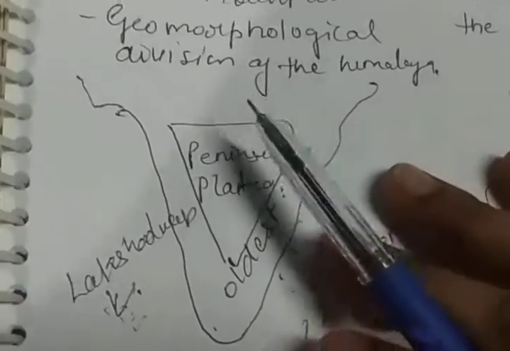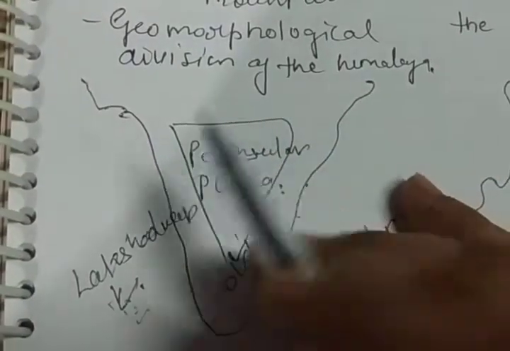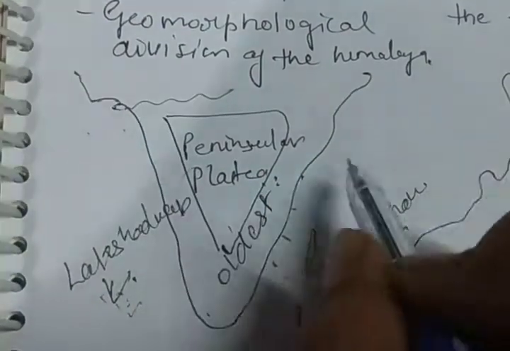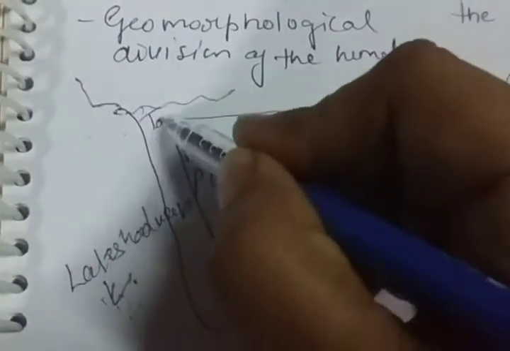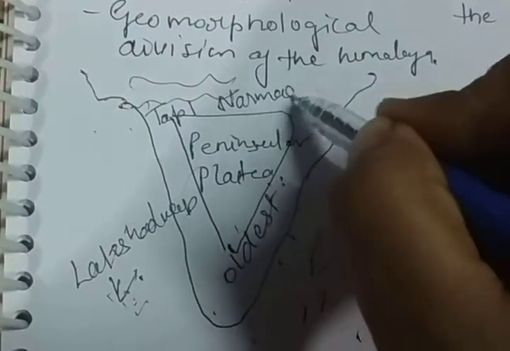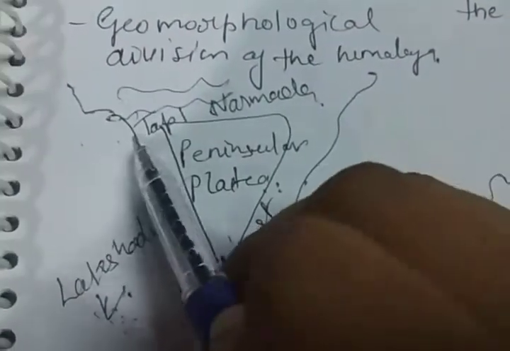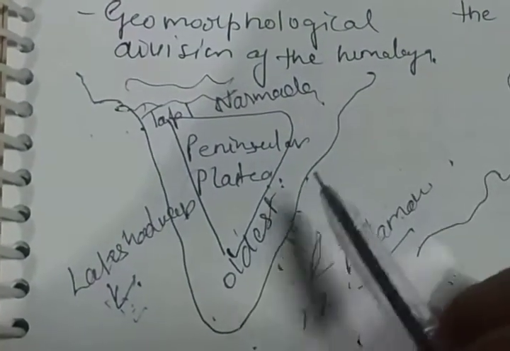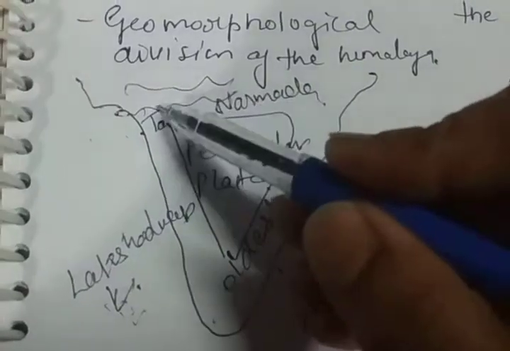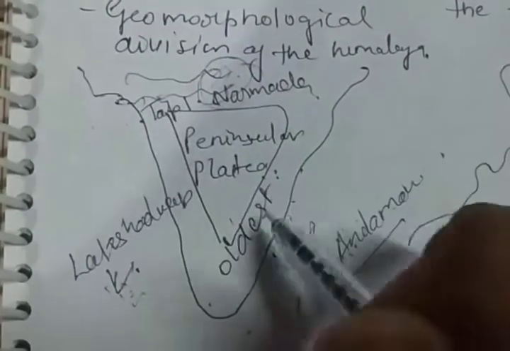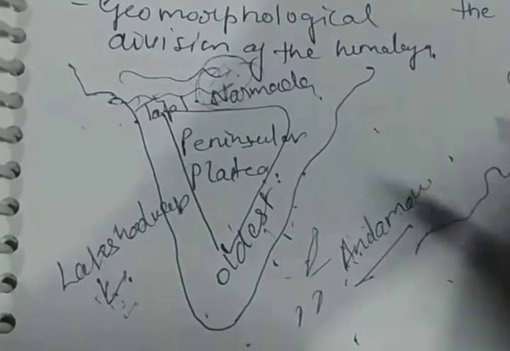Now you know what is the important part of the southern peninsular plateau: there are two rivers which move from west to east direction, that is Tapi and one more, Narmada. There are two rivers moving from west to east direction, very famous rivers. And the Satpura block mountains are also here. Satpura ranges you can see in the central part of Madhya Pradesh. Satpura ranges, very important. Some are outstanding examples of such movement.